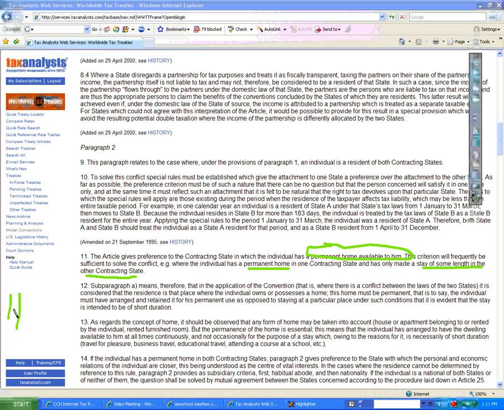So I'm putting a big H. That's my home. A permanent home is not, here's what it is not. It is not made a stay of some length in the other contracting state. Now,